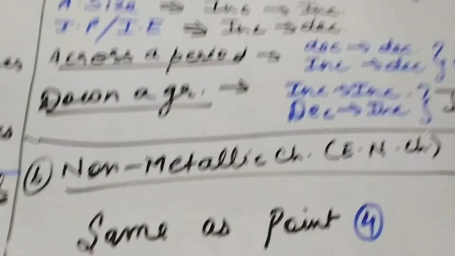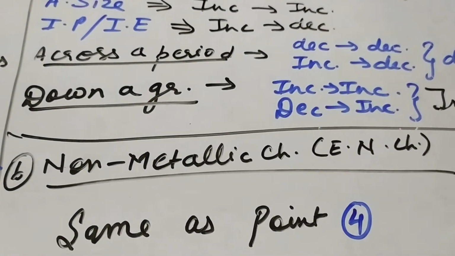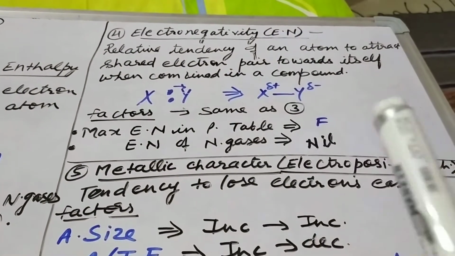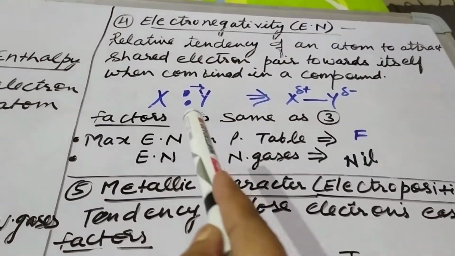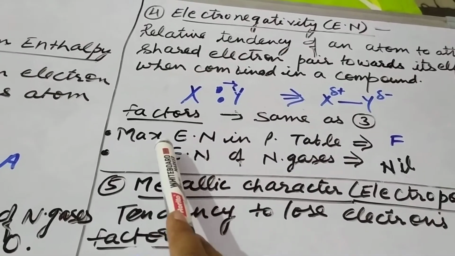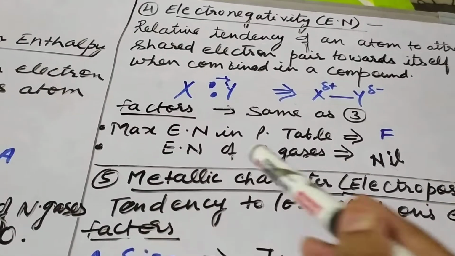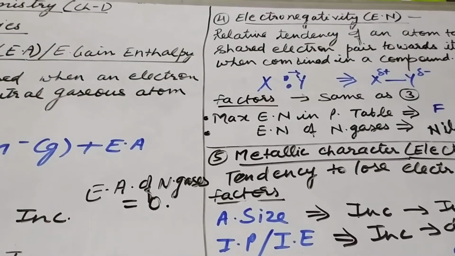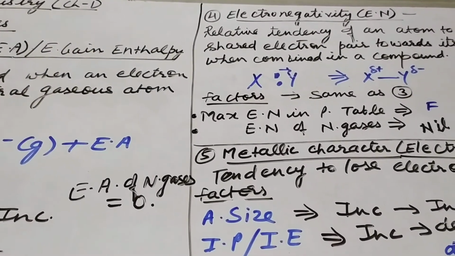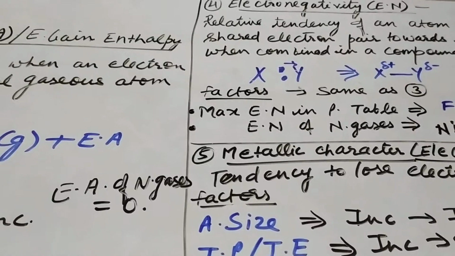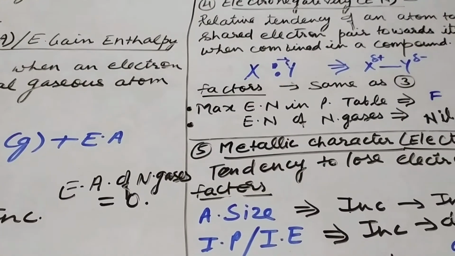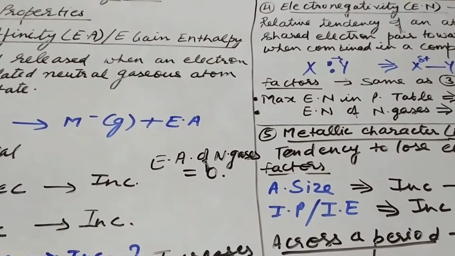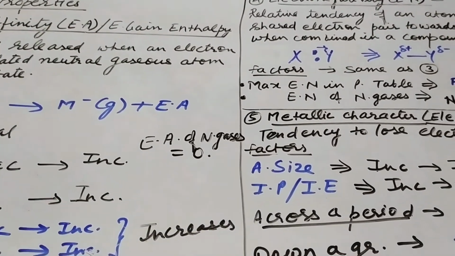Next is non-metallic character, also called electronegative character, which is the same as electronegativity. Electronegative character, electronegativity or non-metallic character is the same, so the same explanation and same factors will apply. In the next video, we'll deal with the remaining properties, that is melting point, boiling point, density, N/P ratio, and acidic and basic character of the oxides, hydroxides and hydrides. Just periodic trends we have to deal with in that case. No reasoning part is much involved in that.